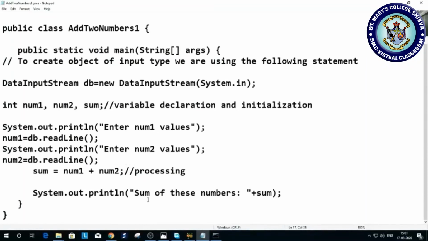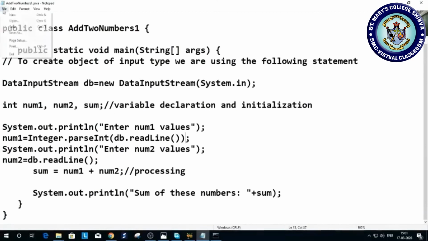Now we want to convert it into integer. For this we have to convert by using the statement parseInt, integer dot parseInt of db dot readLine. Okay, so this is the statement.